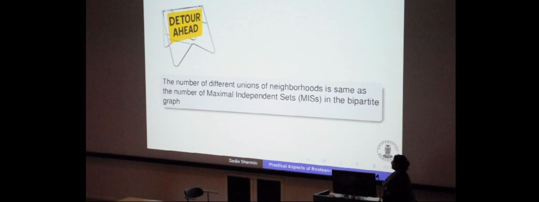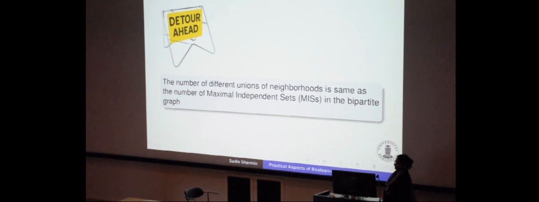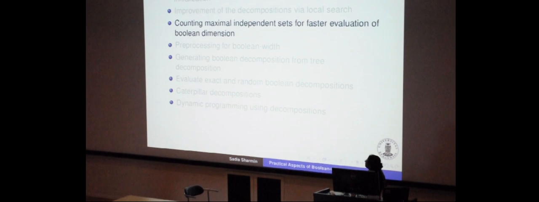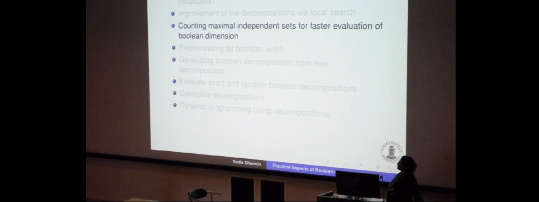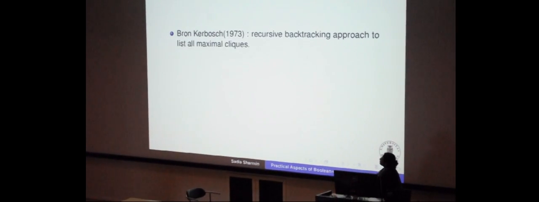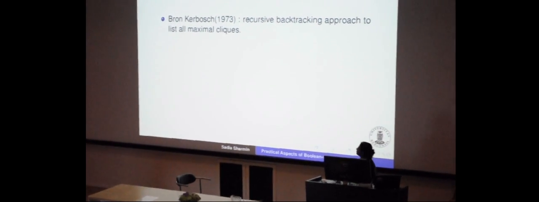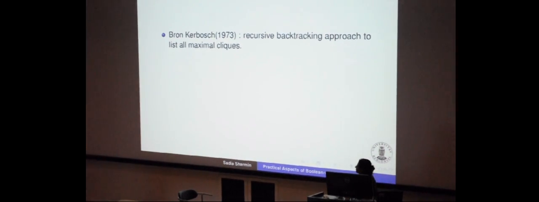Observe that the number of different unions of neighborhoods is the same as the number of maximal independent sets in the bipartite graph for the class. So then what do we do? We try counting maximal independent sets for the partial evaluation of the class. So we went through the well-known algorithms for counting maximal cliques in the literature, because they are quite well